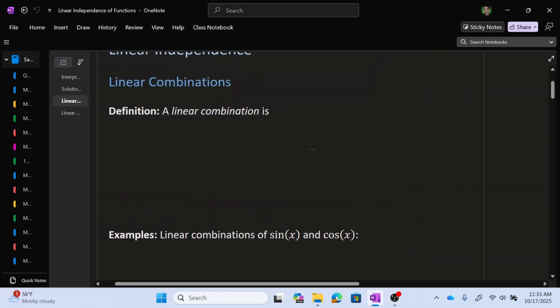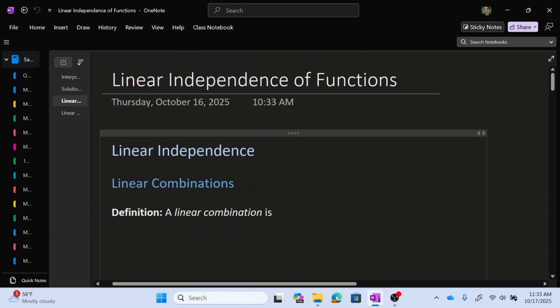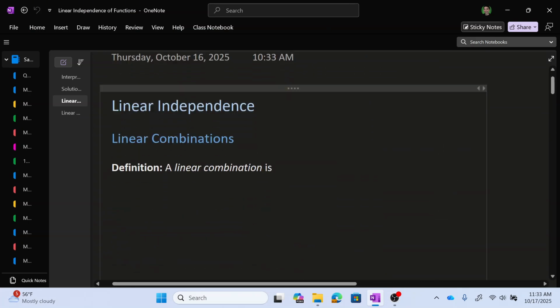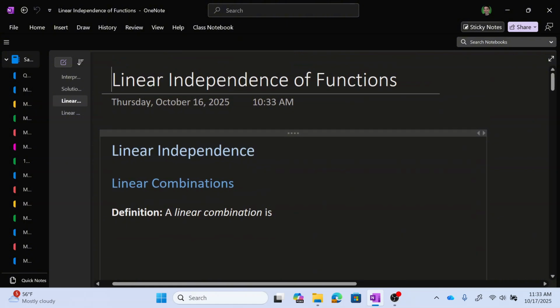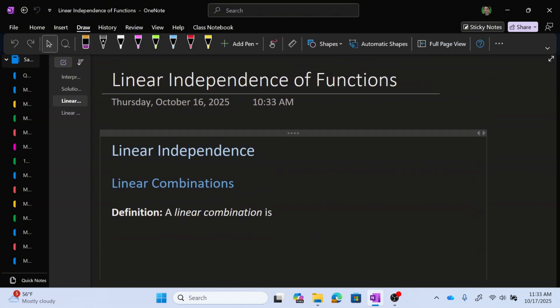In today's video, we're going to get started building up some of the tools and techniques that are used to solve second order differential equations. Differential equations that contain a second derivative. And to that end, the topic that we need to talk about today is something that is called linear independence of functions.